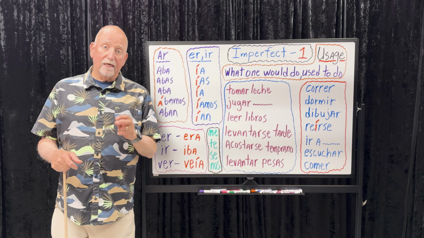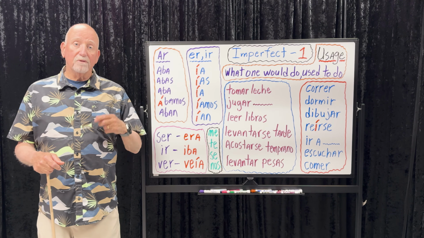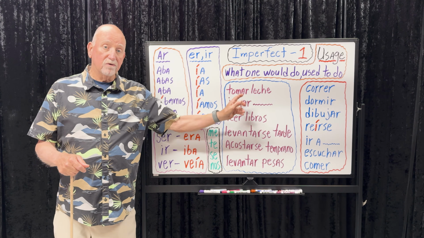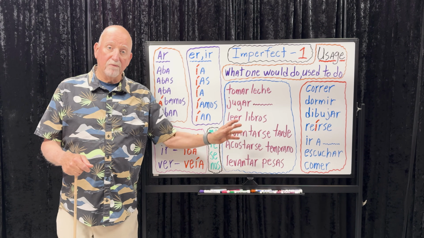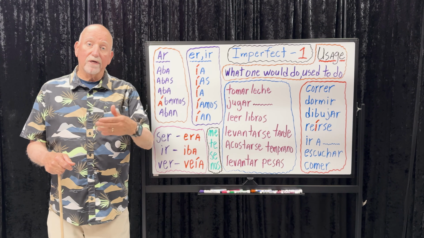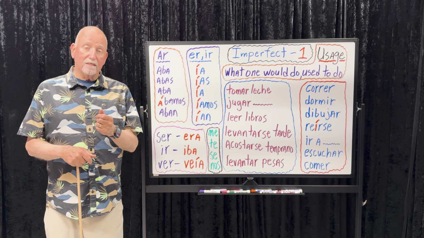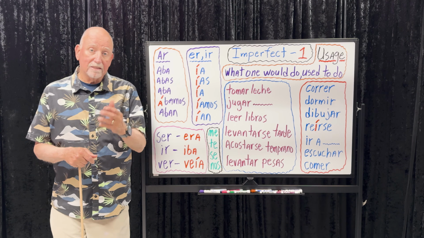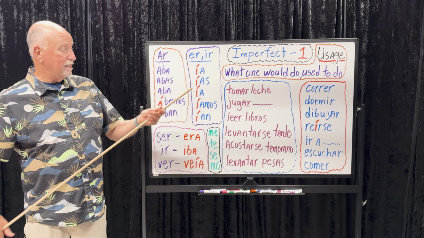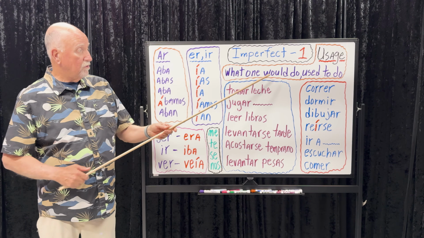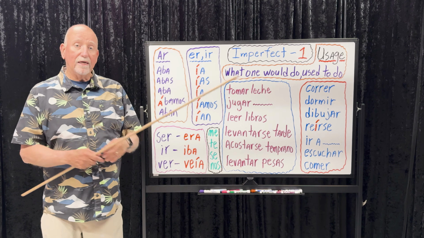We learned that the past preterite was for a completed action. It's over, it's done with. And we'll do a lot of examples contrasting what we have today for the imperfect upcoming. It'll make it very clear for you. Okay, there are going to be a number of lessons regarding the imperfect. Our first lesson is to show a major usage, and that is you use the imperfect to describe what one would do or used to do in the past.